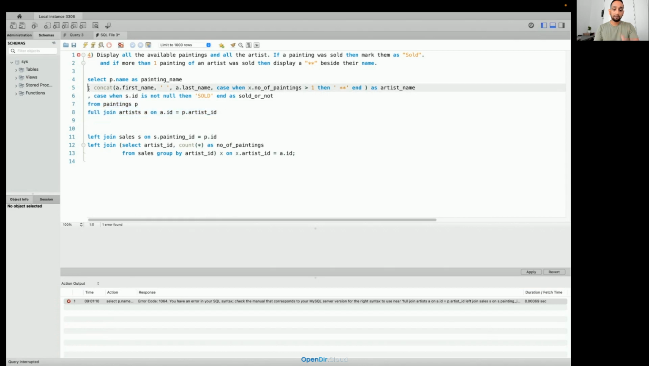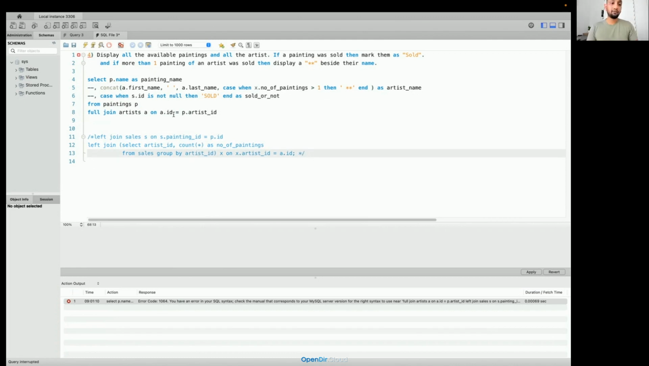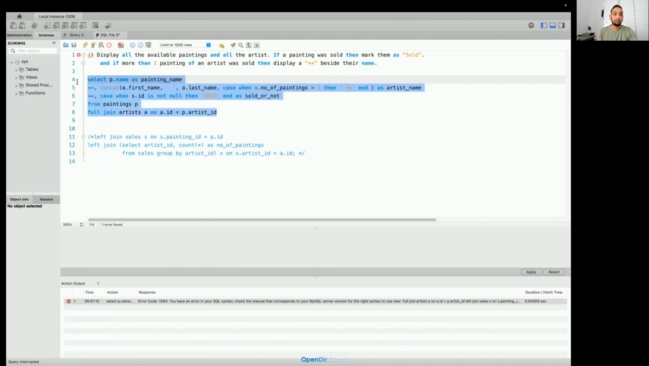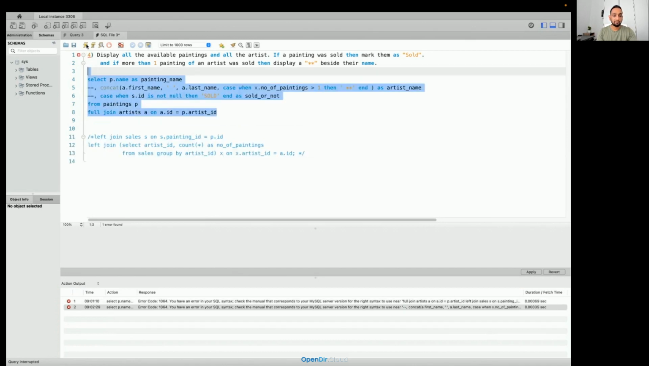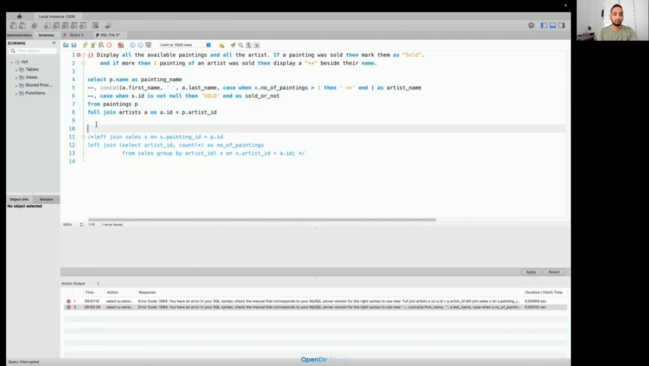Artist name, I will print later. This one also I'll print later, and this one I will comment out. I'll include all of this once I have fixed this thing. If I execute this, it's throwing an error. A better way of doing this is, let me copy this first of all